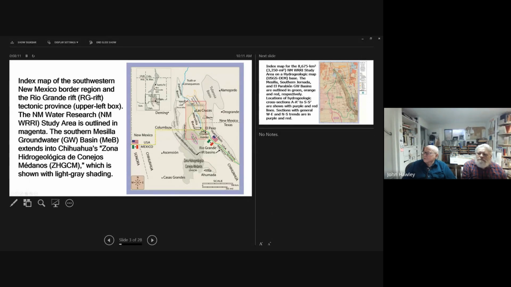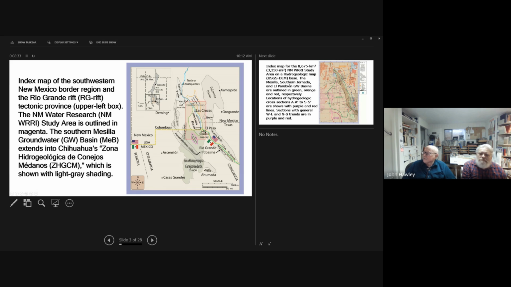You'll notice that large topographic and tectonic features have a north-south trend north of the international boundary. And then south of about 32 degrees, everything shifts to the southeast.